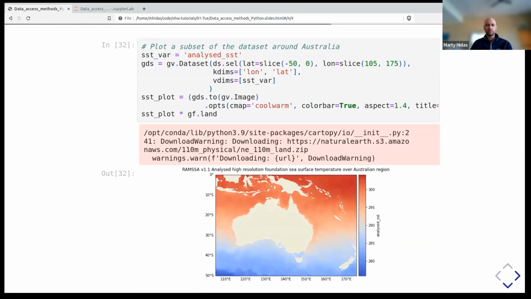And then we can just pick a variable, in this case, this analyzed SST variable, and take a small subset and plot an image of it. In this case, there's a few intermediate steps because we're using another package in the HoloViews ecosystem called GeoViews, which is for working with maps and geographical data. So we just have to do another transformation to that data set, and then we can plot it